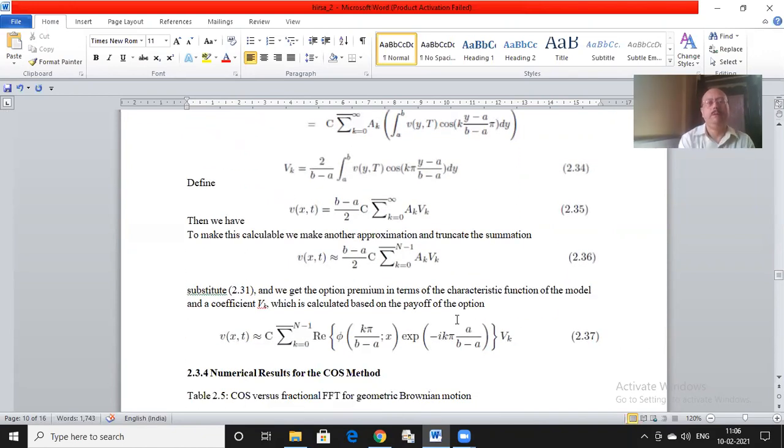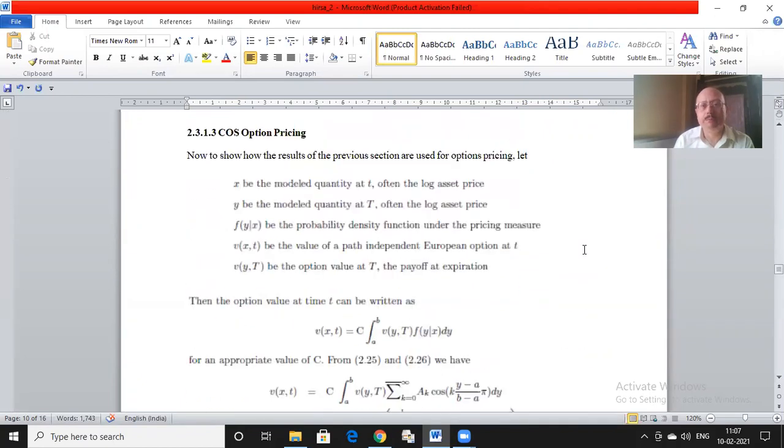And of course, we have to truncate our sum because otherwise our algorithm will not work. We will approximate Vxt by a summation which extends only up to capital N minus 1. So Vxt is approximately equal to, everything else is the same, but the summation is from k equals 0 to capital N minus 1, where again, I can take capital N to be large enough so that this approximation is equal to the true value for all practical purposes. Because now we have very fast computers, we can really take capital N to be very large, A and B also very large.